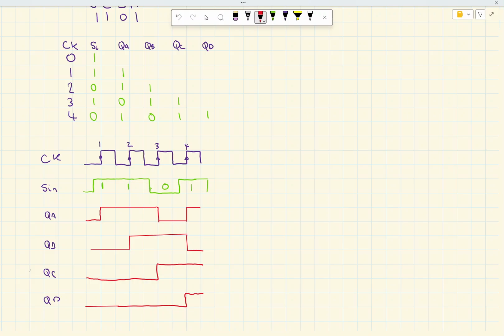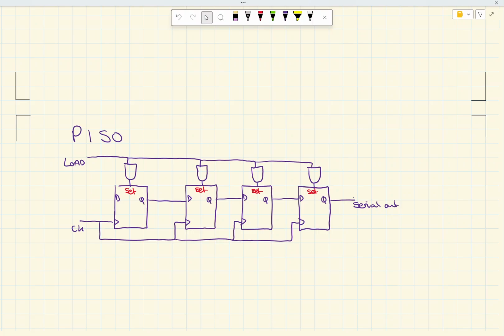And that's what it looks like as a timing diagram. Okay, right. Let's look at a parallel to serial. So here is the parallel in serial out. It's a 4-bit. I've partially